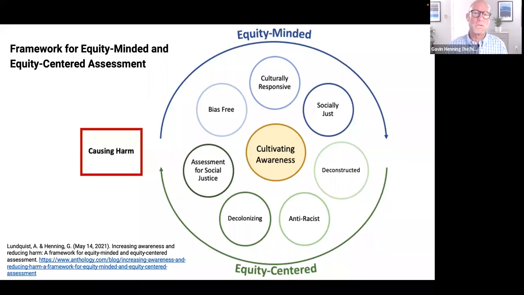Deconstructive assessment builds on this critical foundation of socially just assessment and focuses on a postmodernist perspective where power and oppression in higher education exist in our social structures, our policies, our practices, our curricula. And so deconstructive assessment, which is one of the first elements where we can actually use assessment to further equity, is used to deconstruct some of those social structures to understand the ways that power and oppression are built into them. Because once we can begin to make the role of power and oppression more explicit, and we're aware of that, we can make those changes.